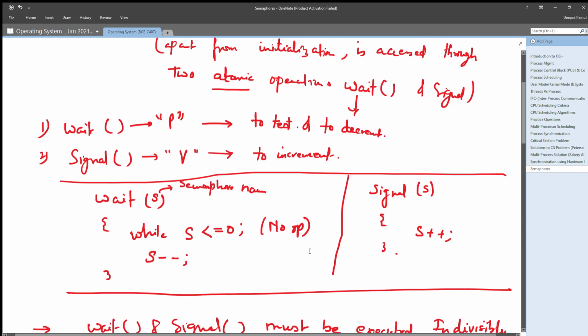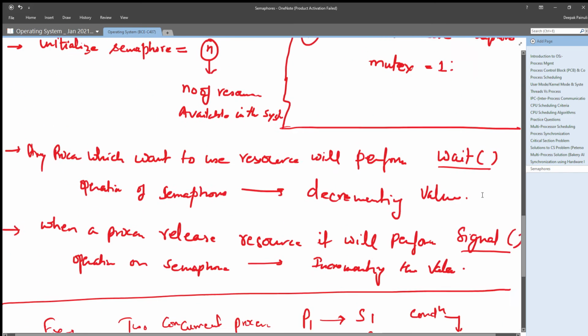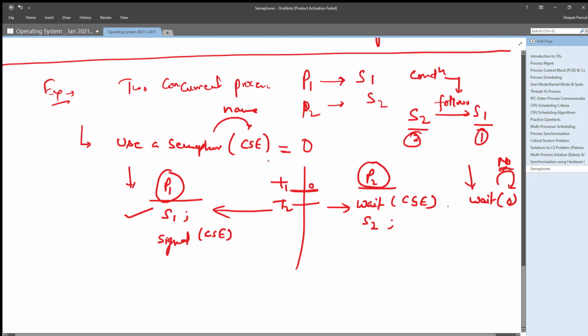You can check the code above: wait on S means first it will check the value of the semaphore. The value of the semaphore at that time is 0, so 0 is less than or equal to 0, that means no operation, it will be blocked here, right? So P2 will be blocked here, spin locked here.